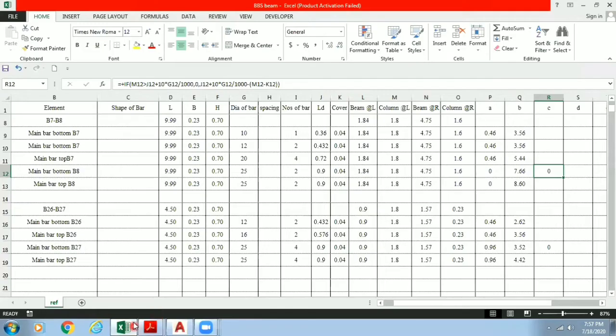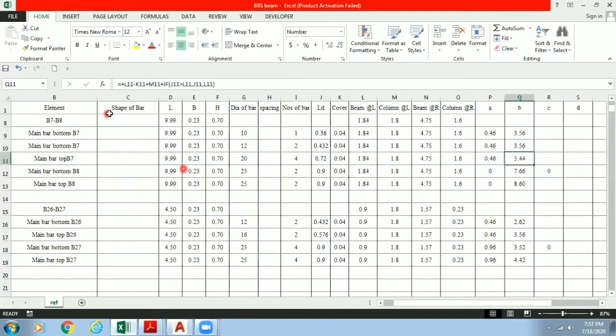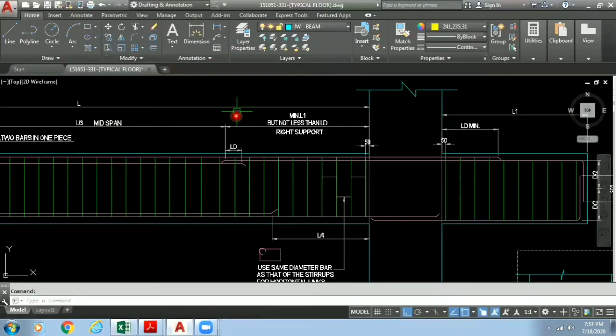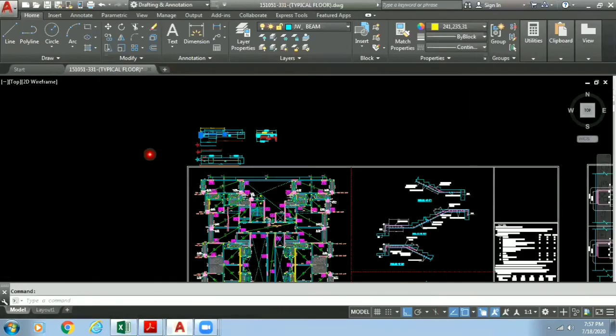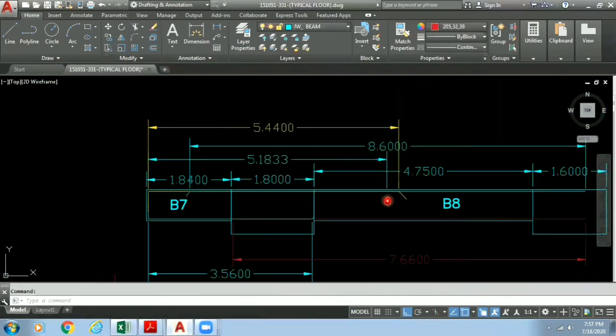So that is the logic which we have entered here for this main bar top B7. So in this manner, this reinforcement will travel in the beams.